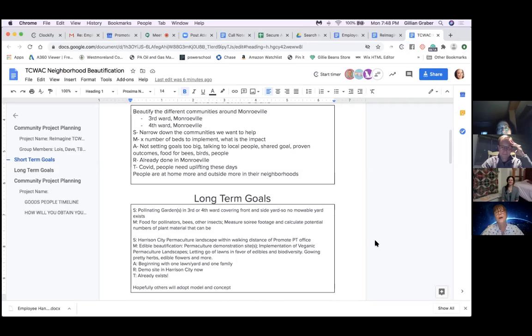And I know you've had problems with your own yard, Alyssa. It's ridiculous. Oh, I don't have problems. I think it's the municipality that's having problems. That's what I'm saying. Yeah. So maybe that's a good long-term goal, to get some of the municipalities to change their ordinances to allow for these gardens. Also, that's a good idea.